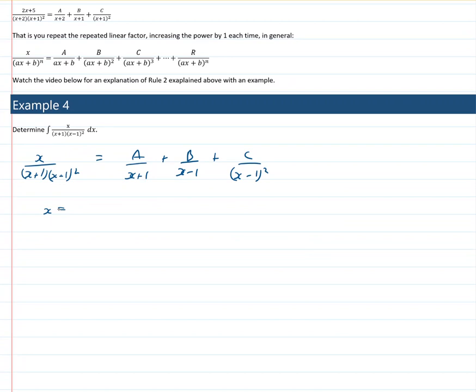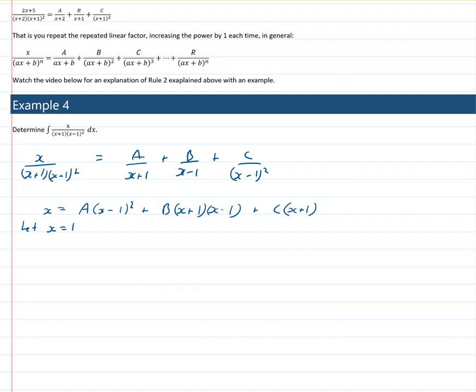that A, or x, the numerator, is equal to A outside of x take 1 squared, right? Because to get this A over, this denominator, we're going to have to multiply by x take 1 squared. B is going to have to be multiplied by x plus 1 and x take 1. It needs an x plus 1 and then another x take 1 to become x take 1 squared. And C, it's already got the x take 1 squared, so we just need the x plus 1 out the front. Now, rather than expanding and doing all of that this time, what we're going to do instead is be